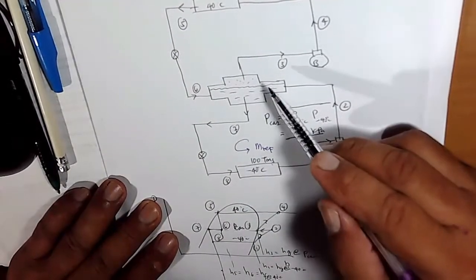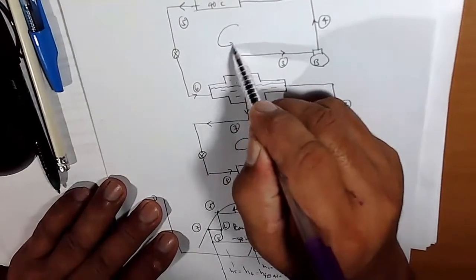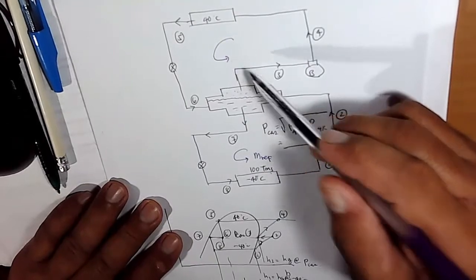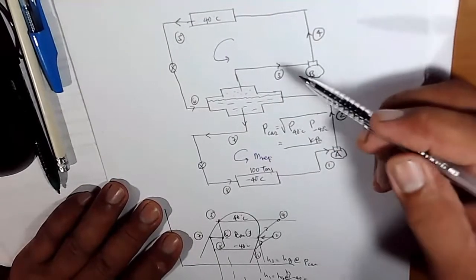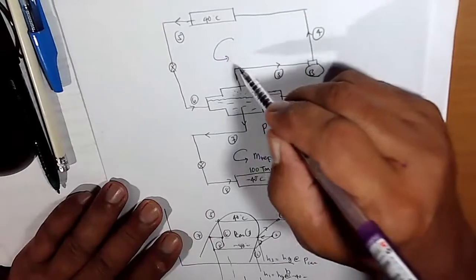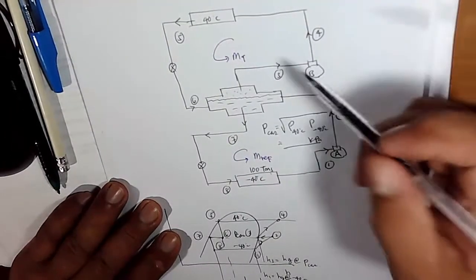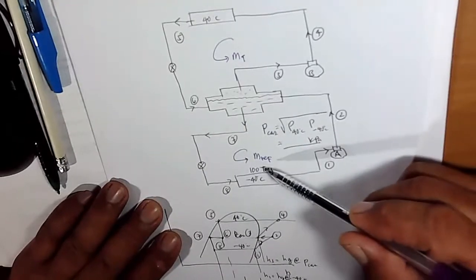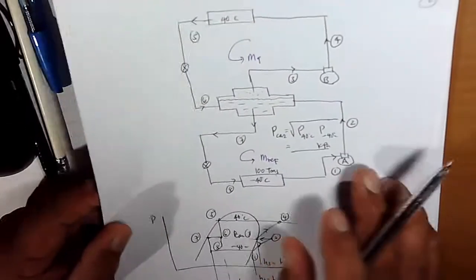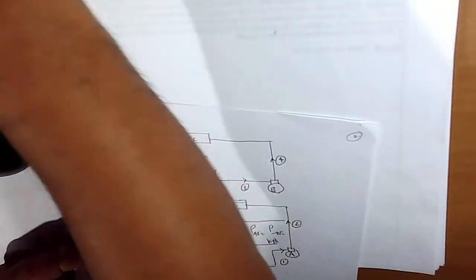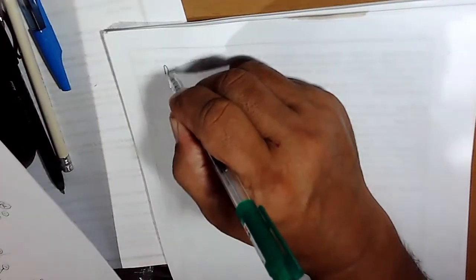And after point 3, the mass that is flowing into your high pressure loop system is considered your total mass. We are going to compute this later on. Okay, for your m_ref,